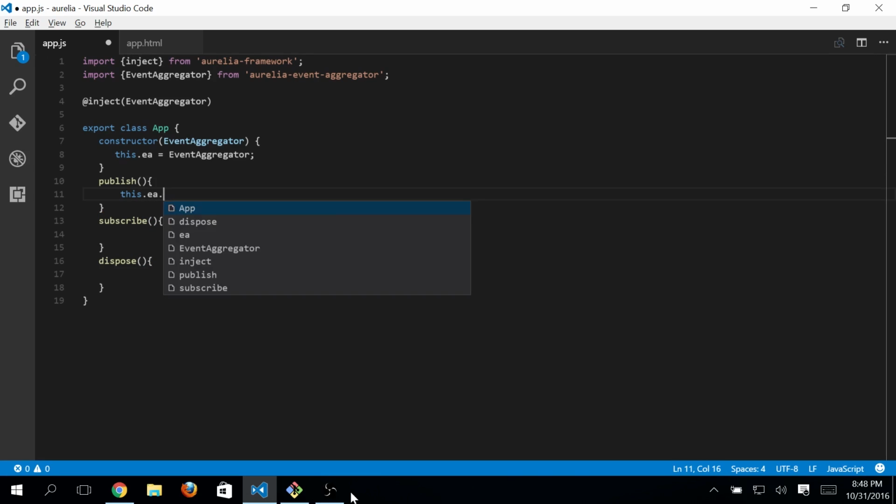So let's just say this.ea.publish. I'm going to publish an event with the name of, say, my test event. You can follow along with me if you want. Put this window on one side and Visual Studio Code on the other side, and follow along. So this.ea.publish my test event,